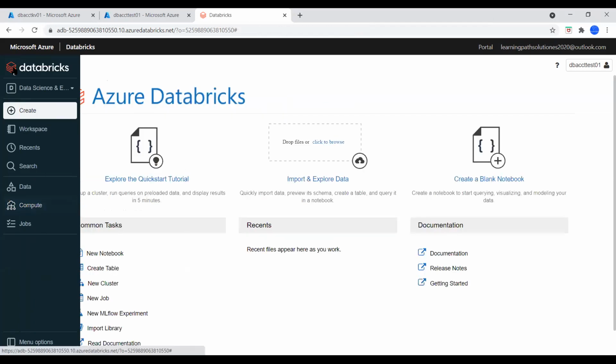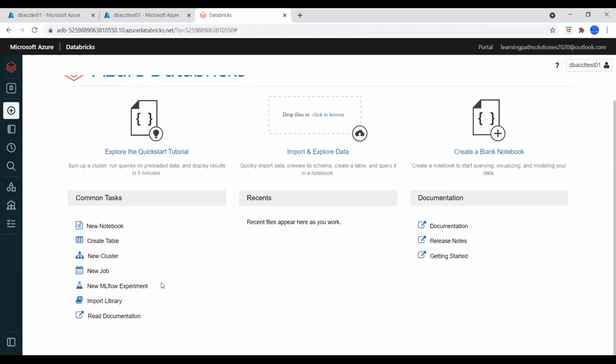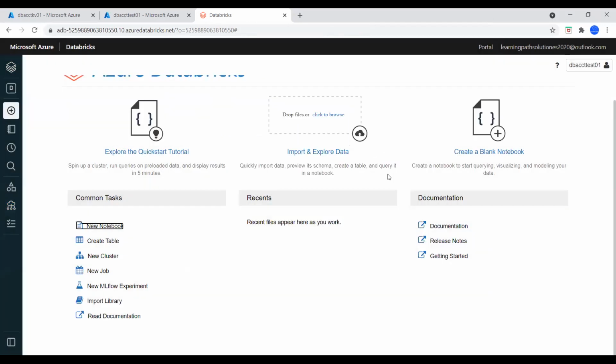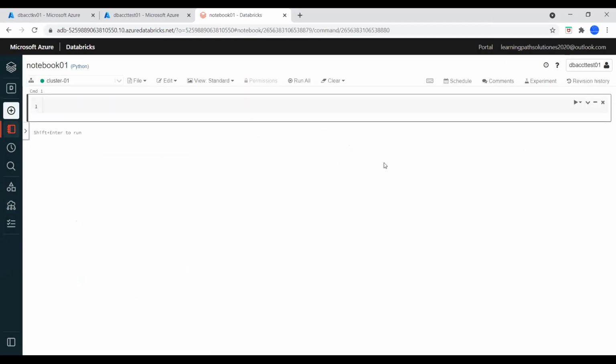I will go to the Databricks homepage and I will create a notebook. I will say this is notebook 01, and I will keep the default language Python, and I will attach this cluster and create this notebook. So now my notebook is created. Now I will mount the blob storage container that we created. I will run the command